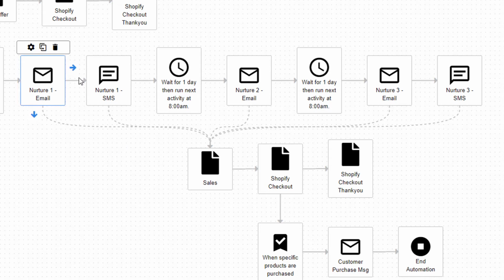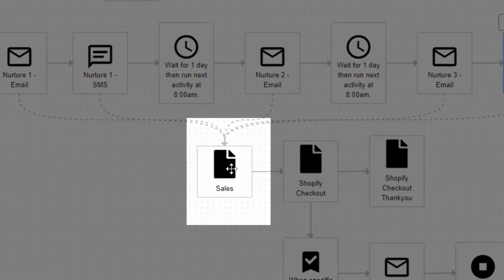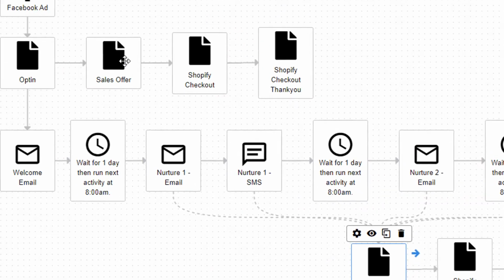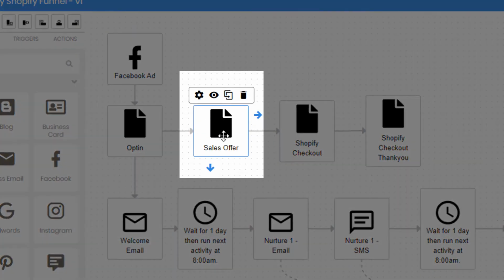Now, the whole purpose of these nurture emails and nurture SMS is to drive traffic, to get them to go to this sales page, right? See this sales page? This sales page is the same product that you're offering on this initial sales page up here. The only difference is people who did not buy,